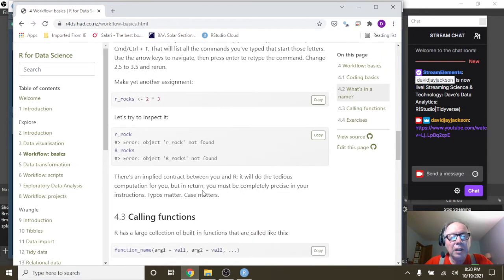There is an implied contract between you and R. It will do the tedious computations for you, but in return, you must be completely precise in your instructions. Typos,